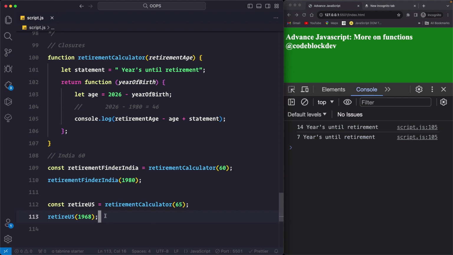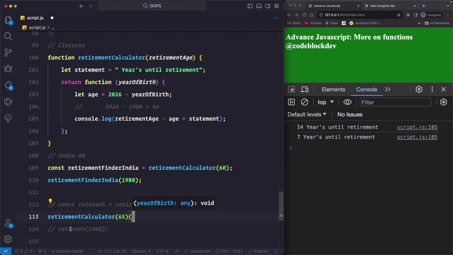But now instead of creating a separate variable, what you can do is, let me comment this out and let's get rid of this. Now you can call this entire function again. So instead of saving it, you know that this retirement calculator is going to return us a function, so I can call it straight away.